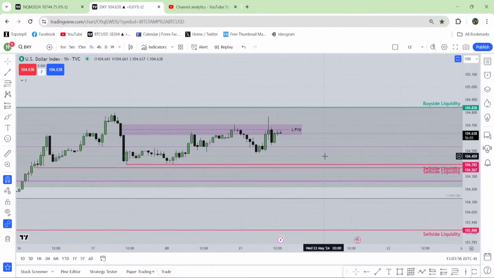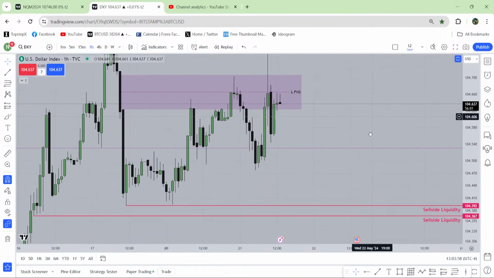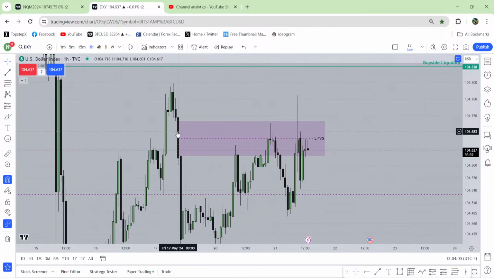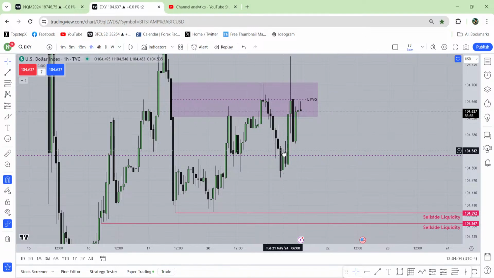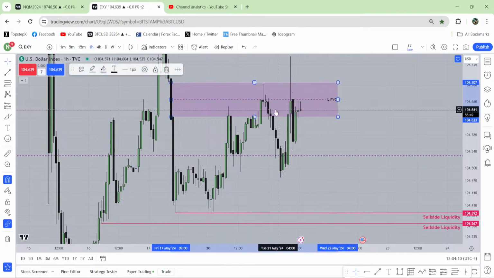If you look here in dollar index, this is the dollar index hourly chart. This is the hourly last fair value gap. Over here, price went higher, took all of this buy side liquidity, closed below the consequent encroachment of that last fair value gap. Then went lower, traded this bullish fair value gap, came back again until this order block. See, this is the highest up close body close candle, which is also the order block.